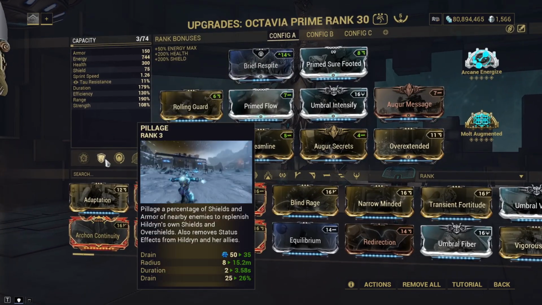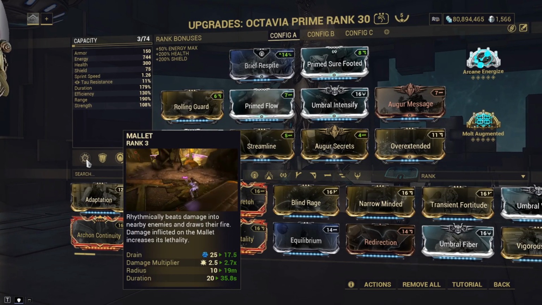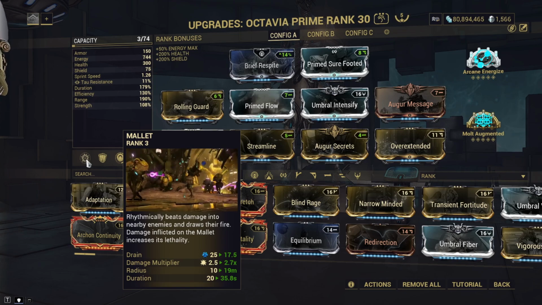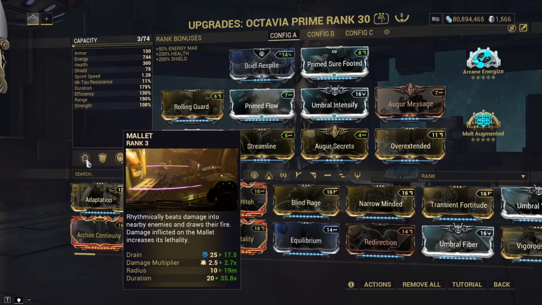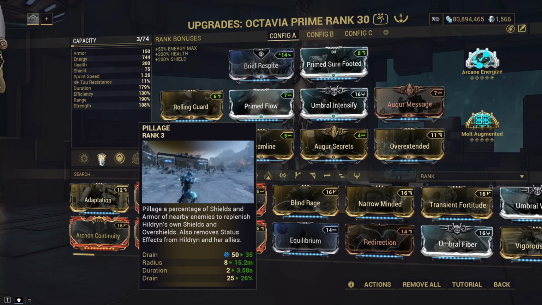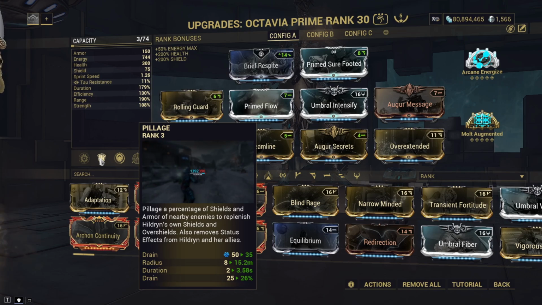Pillage is incredibly useful on Octavia, as Octavia already has scaling damage thanks to her mallet, taking damage that enemies deal and redirecting it back to them. This means that the higher level the enemies, the more damage that you will do yourself. However, enemies' armor value does outscale the damage that they are dealing, and this is where Pillage comes in. Even without full stripping enemies, Pillage still makes it so you can scale all the way up to level cap